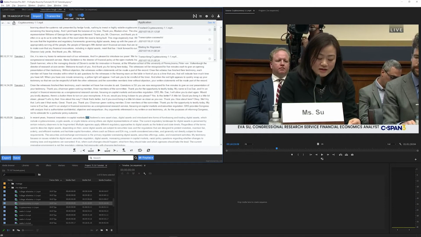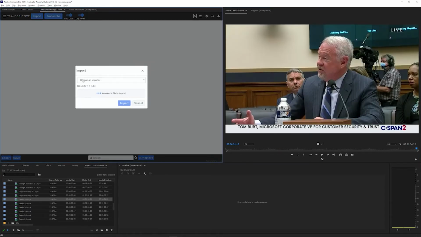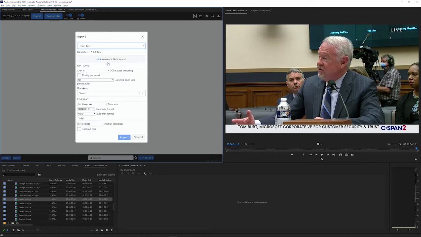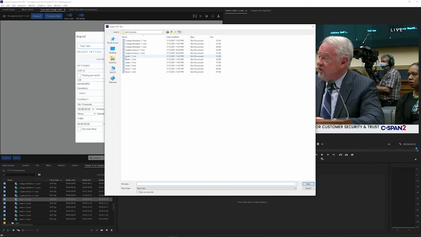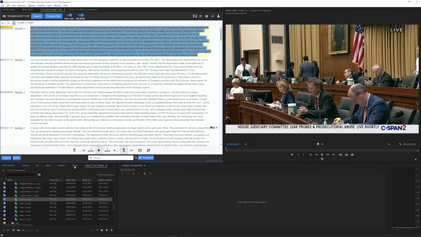The transcript will be synced word for word with the clip or sequence. To align multiple clips or sequences, first import the transcript for each clip or sequence by loading it and clicking Import in Transcriptive. And once that's done for each item,